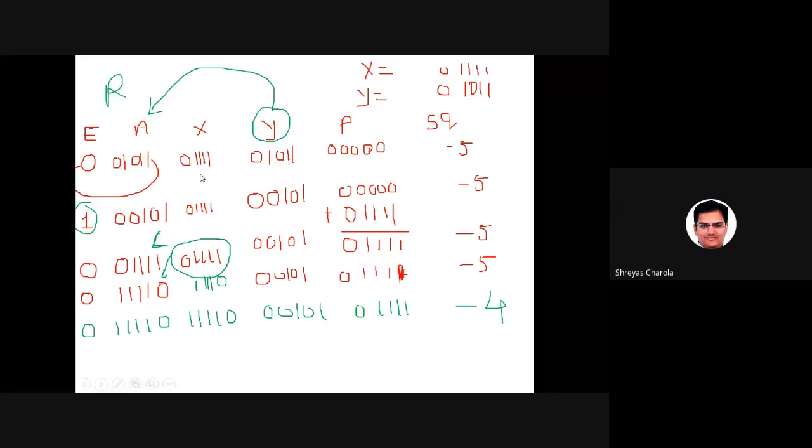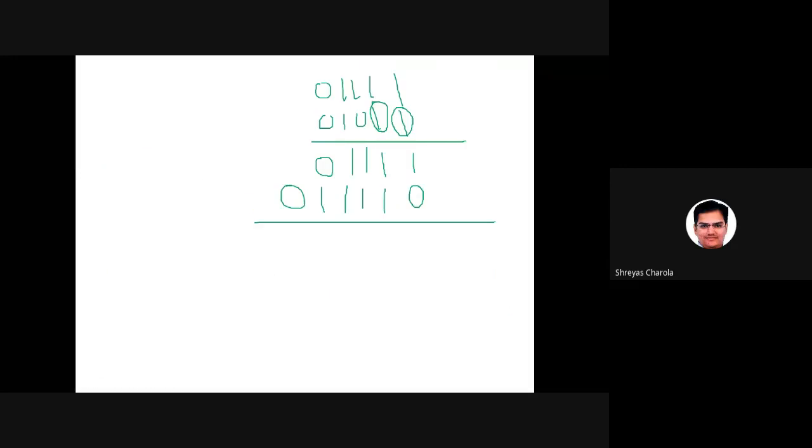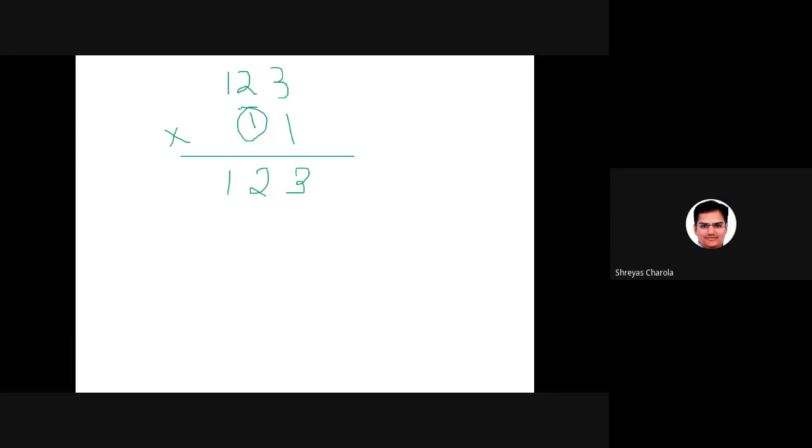If you want, you can take an example of this number. Let's suppose this one is a binary number. That means you are somewhat confused. Let me take the number 123 multiplied by 11. So what happens over here? That is 3, 2, 1. Again, when the 1 comes, you need to put the 0 over here and then you write 1, 2, 3. Okay. Are you getting or not?